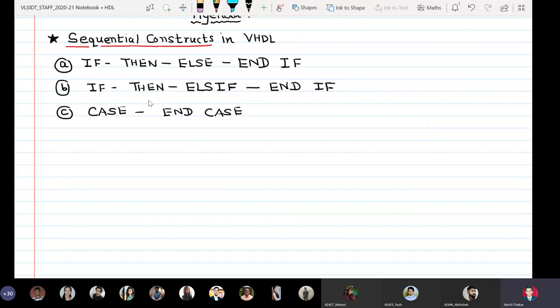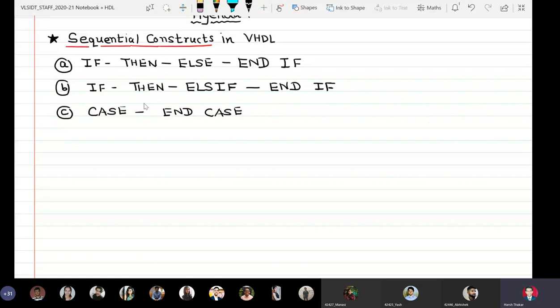And we are just learning the most important ones, which are sufficient for both theory as well as doing your part assignments. So today we will discuss sequential constructs in VHDL.